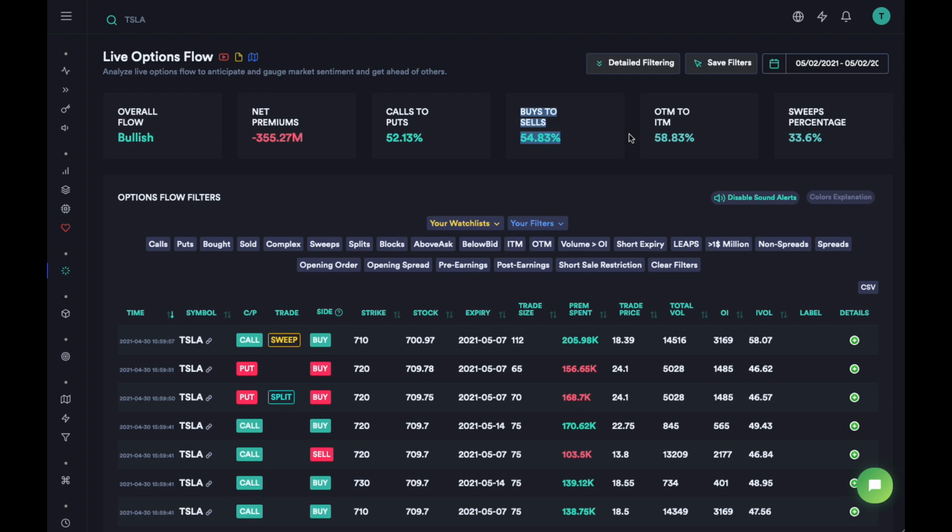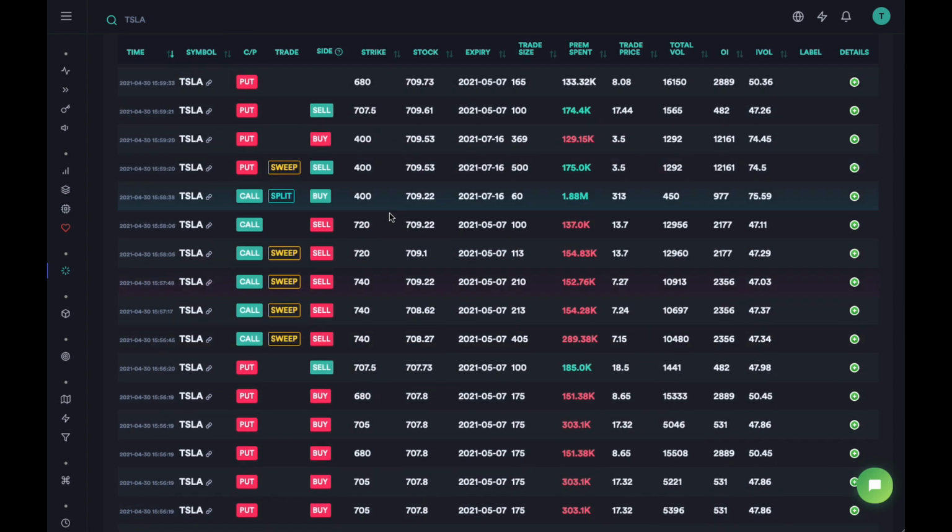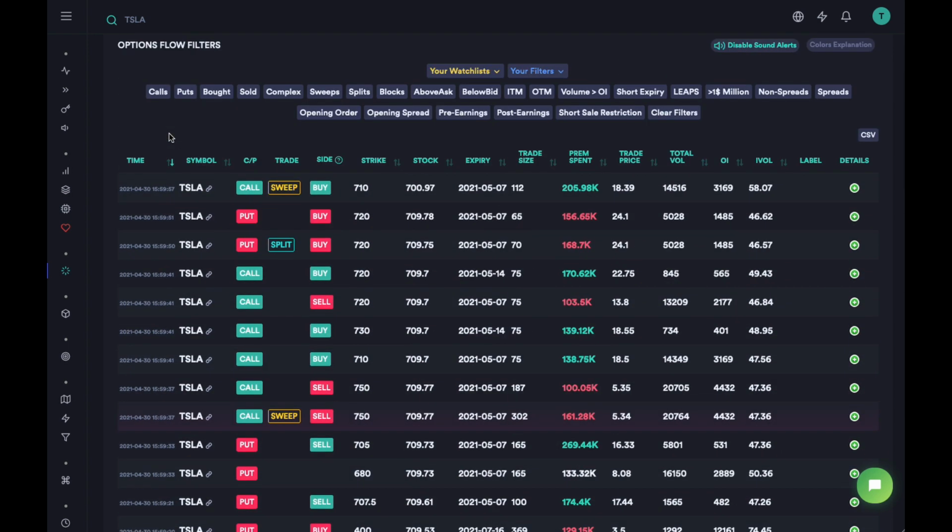But since this is an intraday idea, it doesn't have anything to do with these values. These are really good for swing trading, but they are not really useful for intraday trading, as I'll explain why. Then if you've seen our crash course, then you also know about these filters, so we'll use them just a little bit. But what we are going to do is look at the table for Tesla, which is sorted